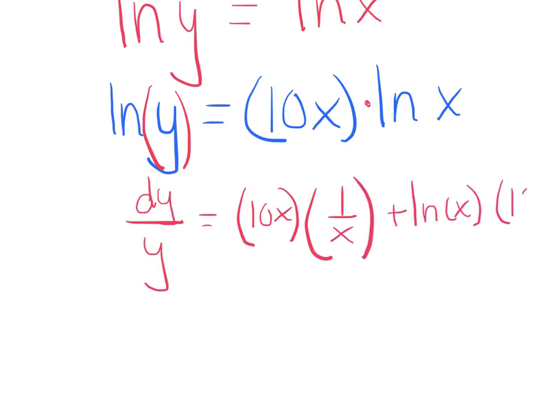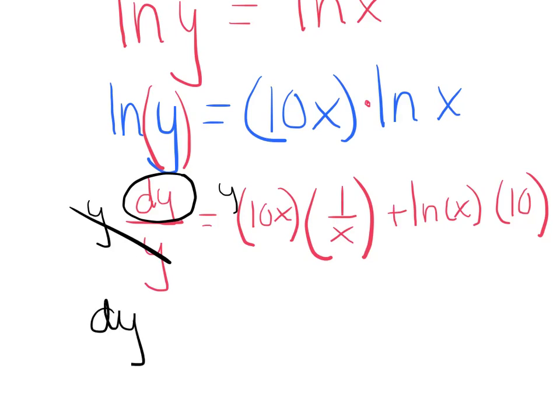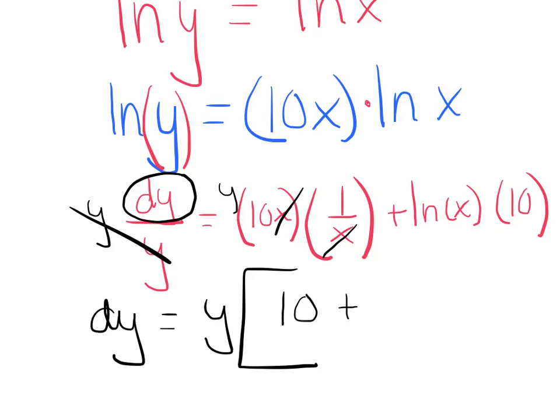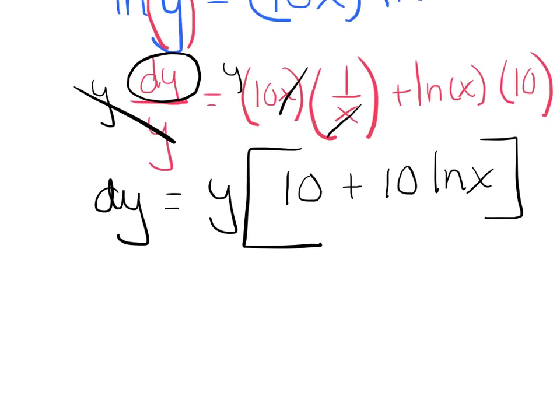And lastly, my goal is to solve for dy dx, so I'm just multiplying both sides by y. I've got dy equals y times this whole quantity. These x's cancel, so that's 10 plus 10 ln of x. And lastly, we said you're probably going to substitute something back in. Well, in this case, we know what y is. Okay, y was given to us. That was the original question. y equals x to the 10x